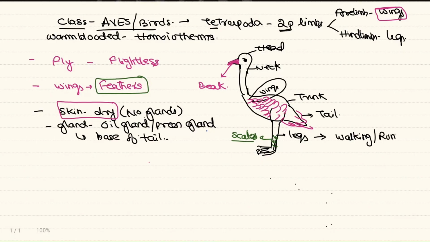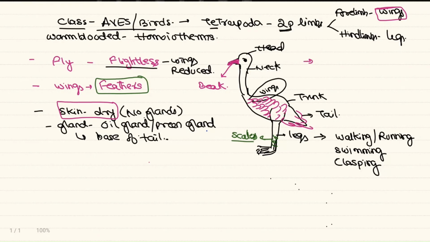The legs of the bird are generally used for different purposes like walking. When I say walking, we can say they also help in running. In the aquatic forms like the ducks and all, it also helps in swimming. It is also used for holding the tree branches, called clasping. So legs will help in walking, running, swimming and clasping, and the wings will help in the flying process